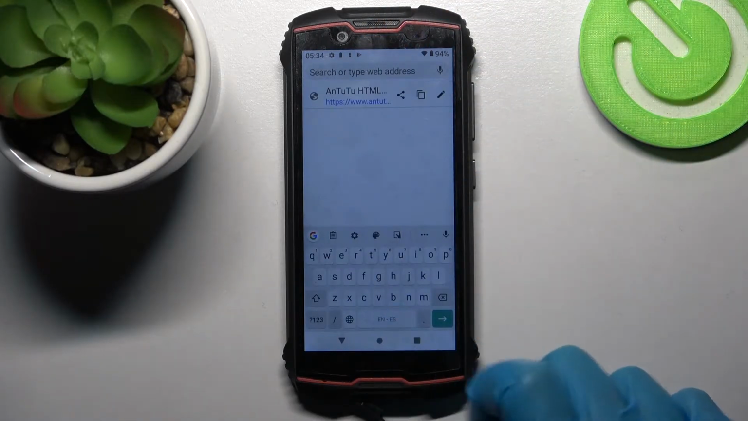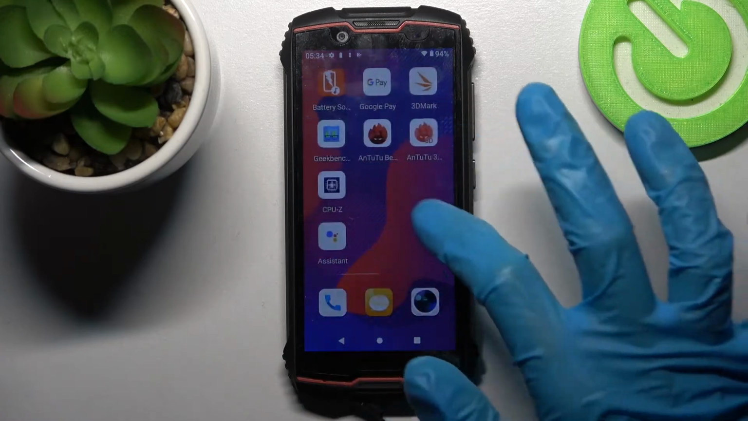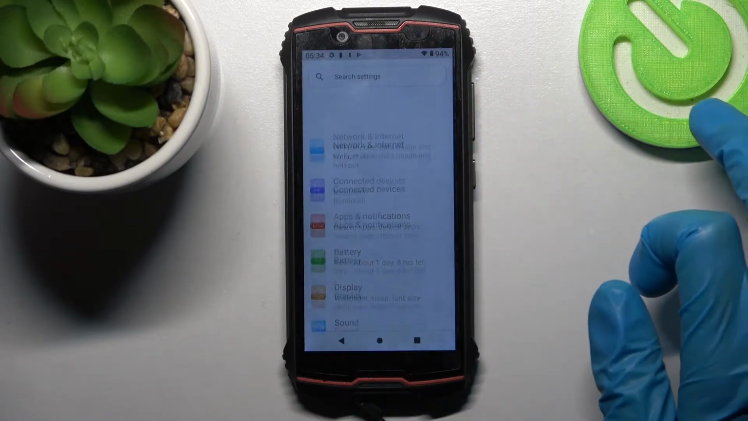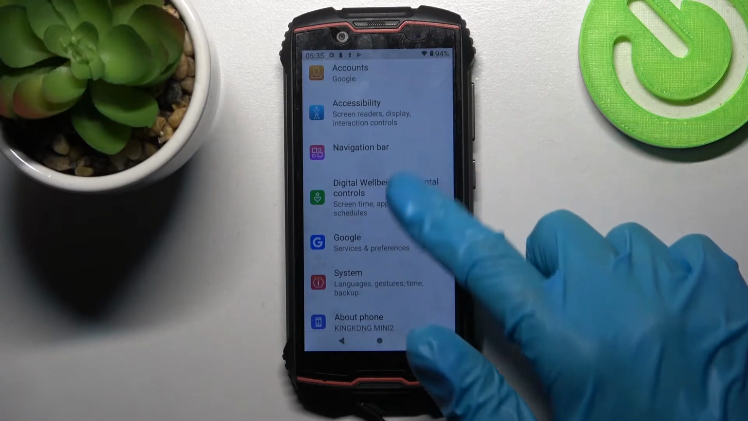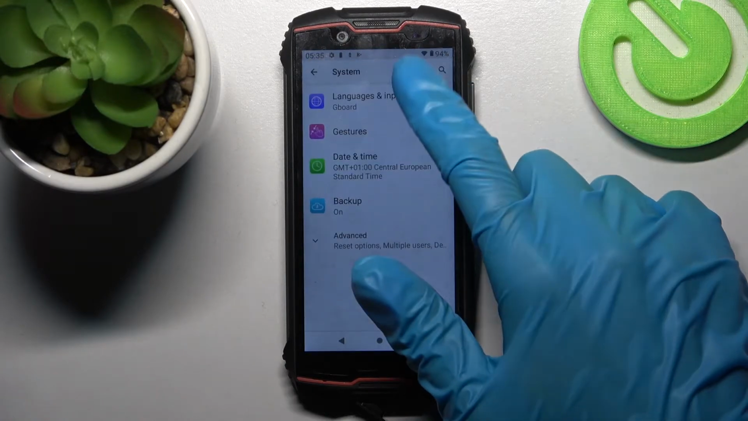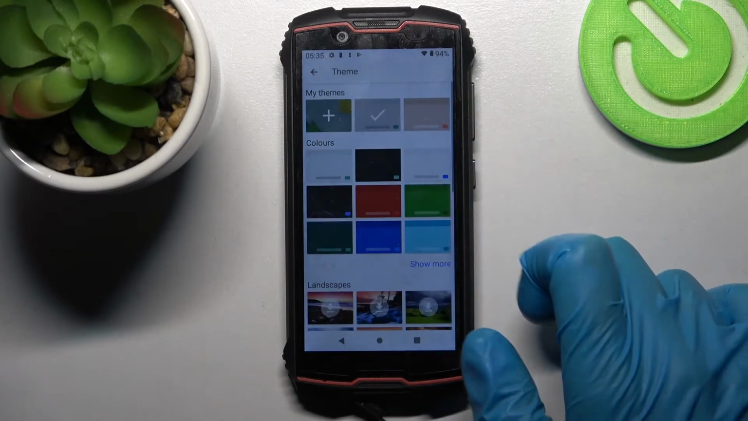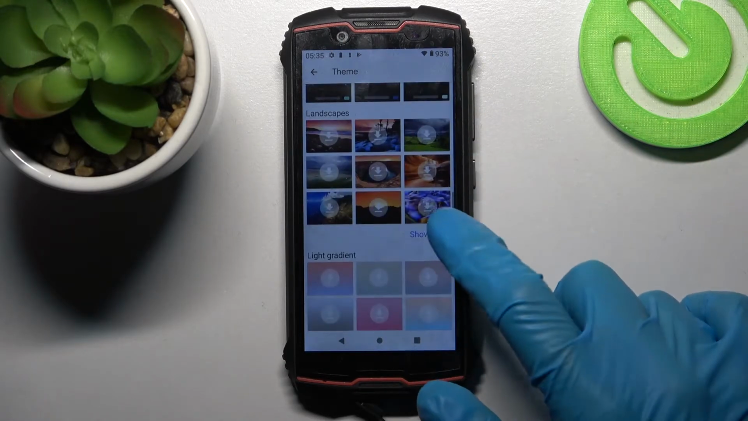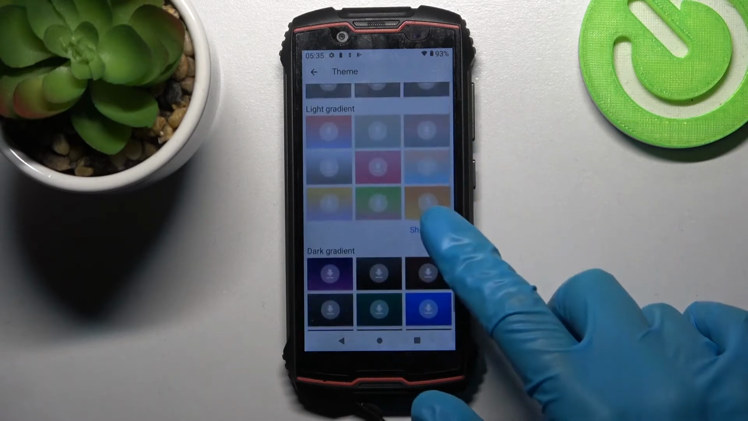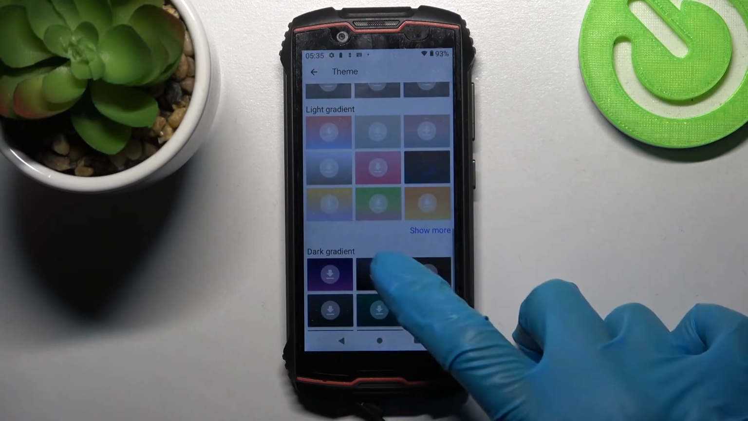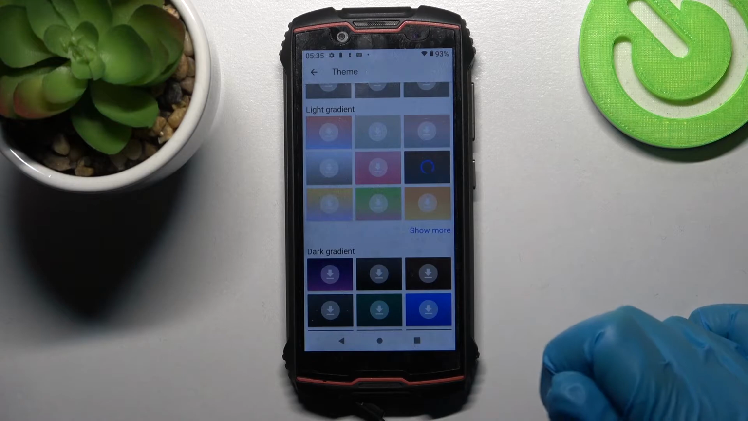First of all, go into device settings, scroll down, choose system over here, click on languages and input, virtual keyboard and Gboard. Then go into theme and tap on show more to see all available ones. When you're ready, click on one of those images, click on the switcher next to keyboard borders,